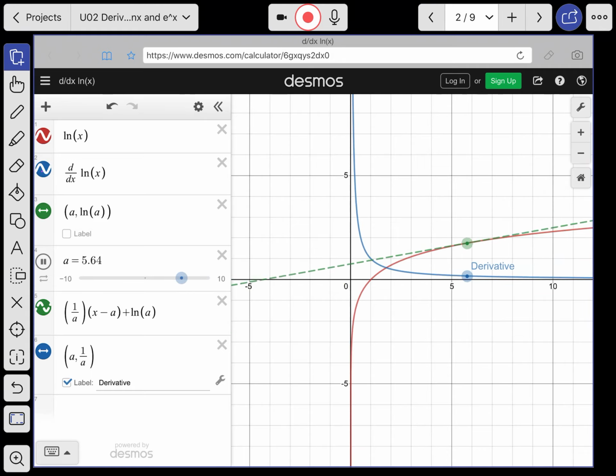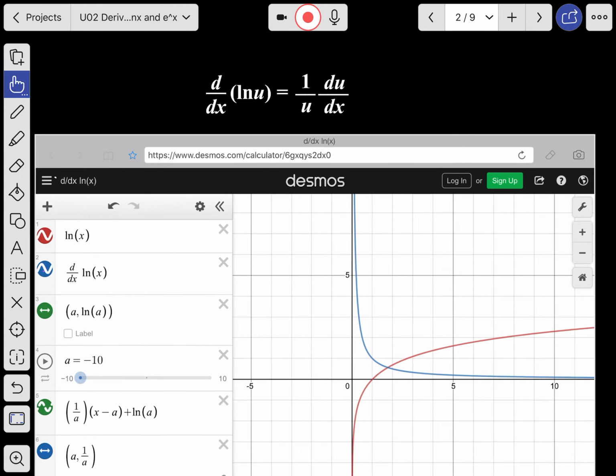And there it is. So that is the, I guess, positive branch of our reciprocal function or rational function. Now, why don't we have a negative branch? Well, you can't take the natural log of a negative, so it's just going to be this positive branch in quadrant 1. So the derivative of our natural log function